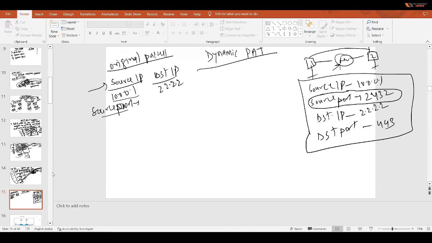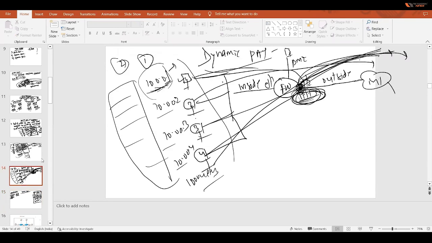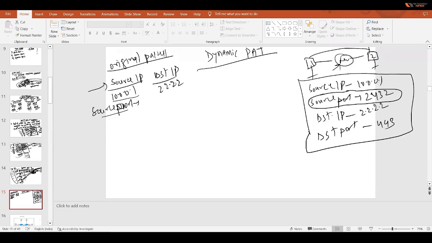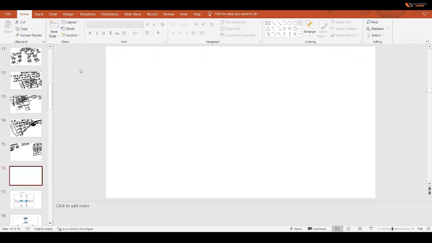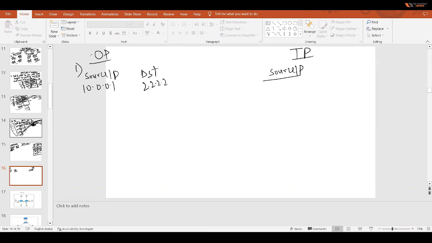So let's try to understand, guys. Here we are going to take two examples, PC1 and PC2. PC1 has IP 10.0.0.1, PC2 has IP 10.0.0.2. Now, what would be the actual packet? Here is the first example, the original packet, OP, and the translated packet, TP. Here we have source IP and destination IP. The source IP for packet 1 is 10.0.0.1, destination IP is suppose 2.2.2.2. That is fine. And in the translated packet, source IP, just try to understand, it will take, as I explained,